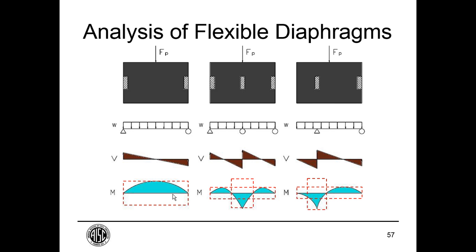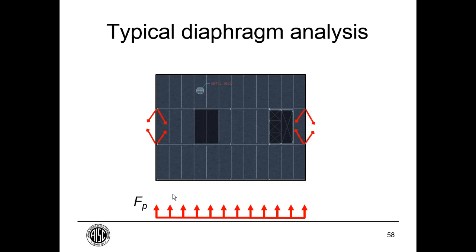And of course, you have to remember that the seismic loads are reversible, so you have to treat these diagrams as reversible as well. So you might draw envelopes around this moment diagram, such as I've shown, and provide capacities for the outside of those envelopes. Okay, so here's our distributed load, here's our shear diagram, our collector forces,